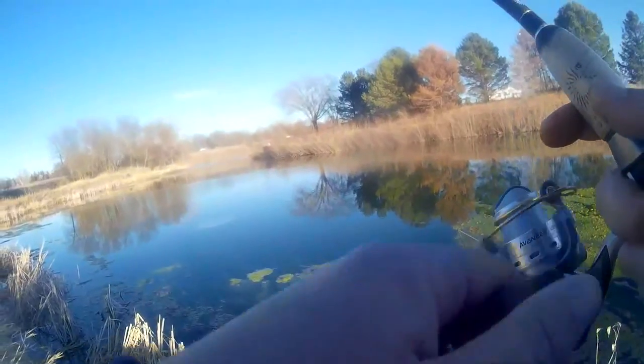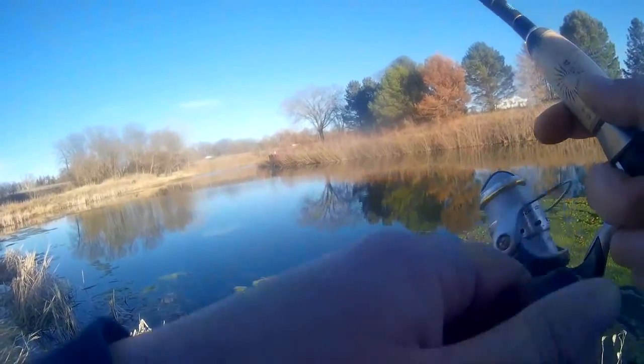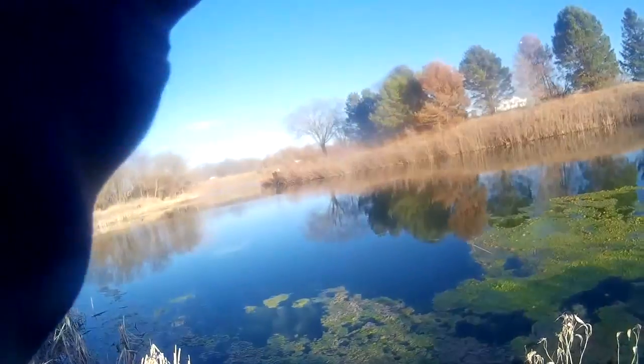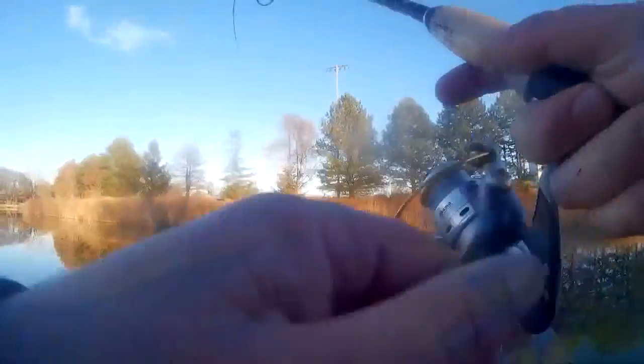I'd recommend using a little crankbait for these fish. Something with a couple small treble hooks on it, so your hookups will be better. But I don't have one of those little crankbaits with me at the moment, so I'm just going to have to keep fishing this little jig here. As I change spots again,